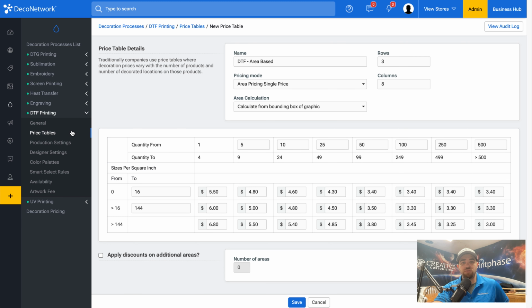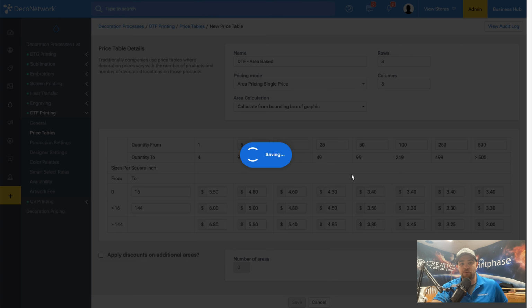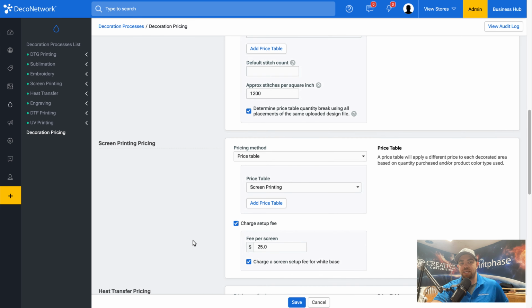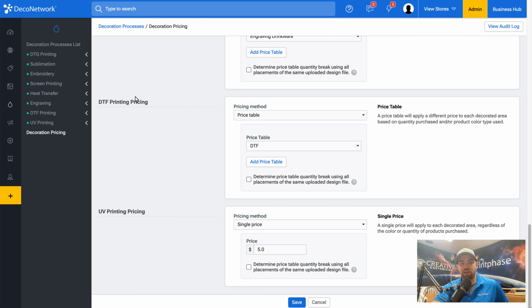When it comes to the designer settings, color palette, artwork, pretty much everything is probably set exactly the way you want it to be, but you can go into any of these settings and override them. After you've established your general settings when it comes to the minimum and what artwork can be submitted, and then you've established your price table, it's important that you come into decoration pricing and you map the table you want to use. So if I come down here into DTF printing pricing, I can choose the price table that I have created,